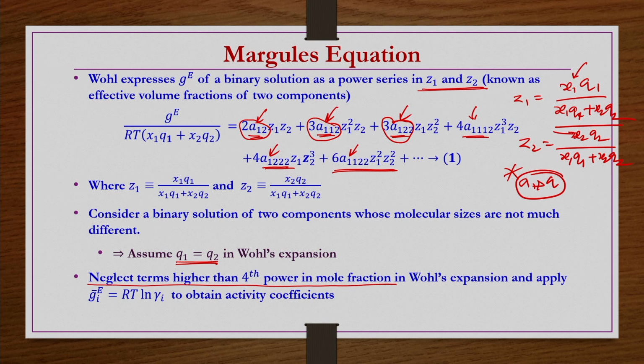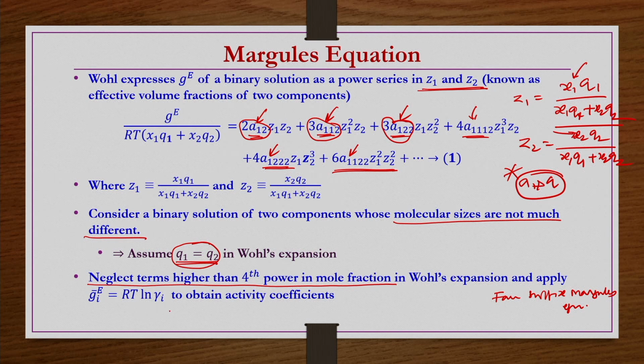If you include all these terms and write q1 equal to q2, because we are taking molecular sizes that are not much different, then this expansion is nothing but the four-suffix Margules equation,